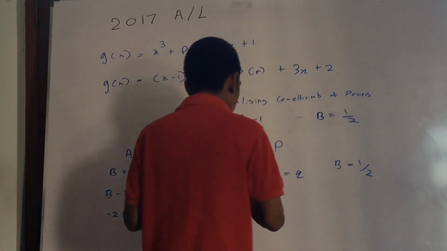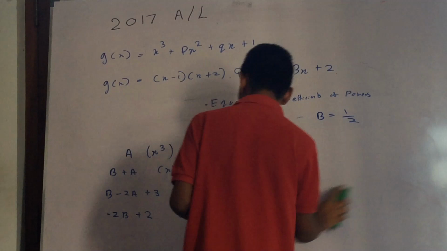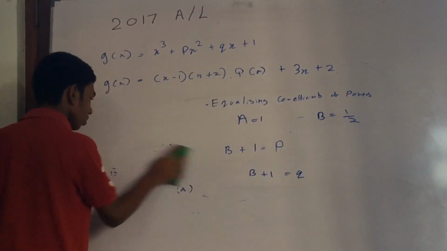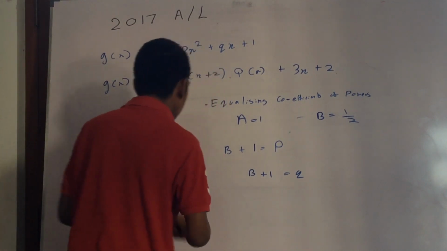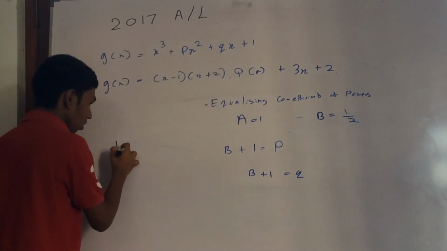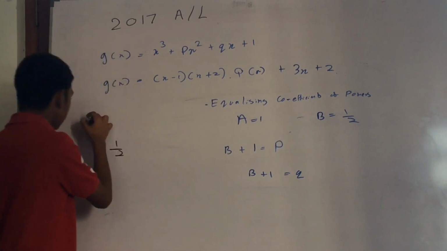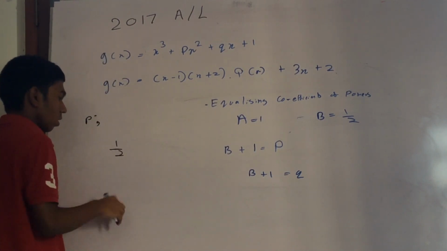We can find p and q. b is half. b plus 1 is p. b plus 1 is